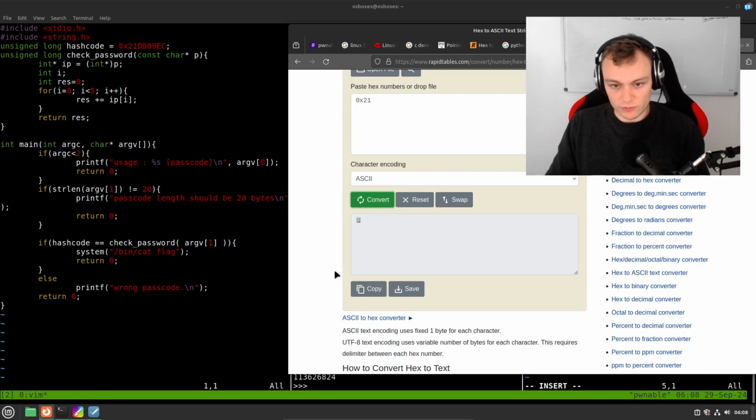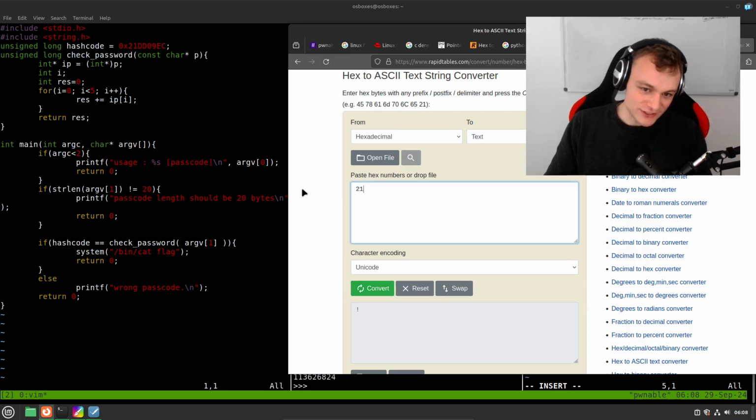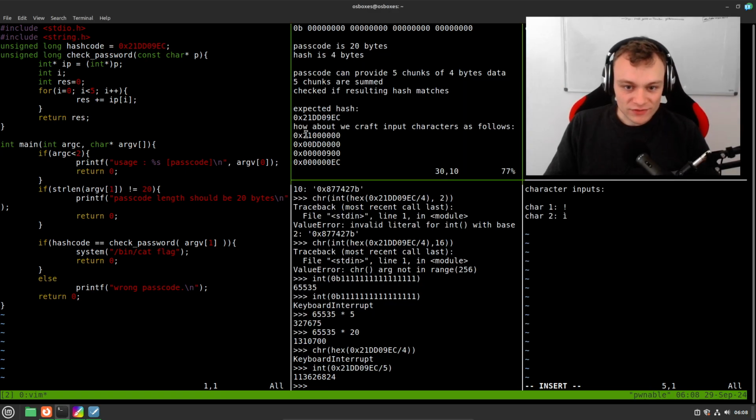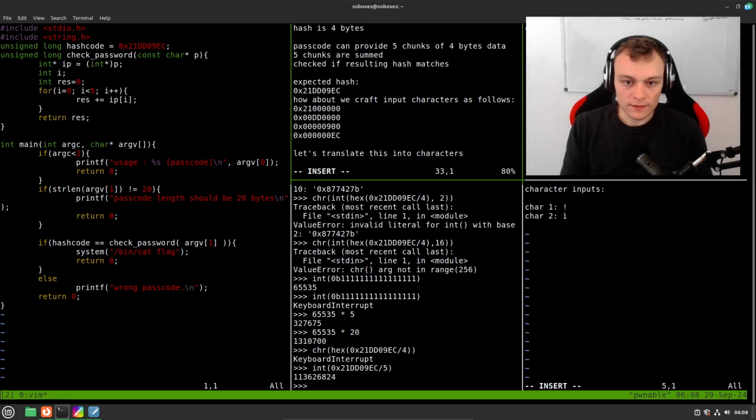So this is definitely part of Unicode in my opinion. Or not in my opinion, this is not an opinionated topic. It took the 0x as input as well. Great. So this is the exclamation mark. Let's translate this into characters. This is the exclamation mark. Then